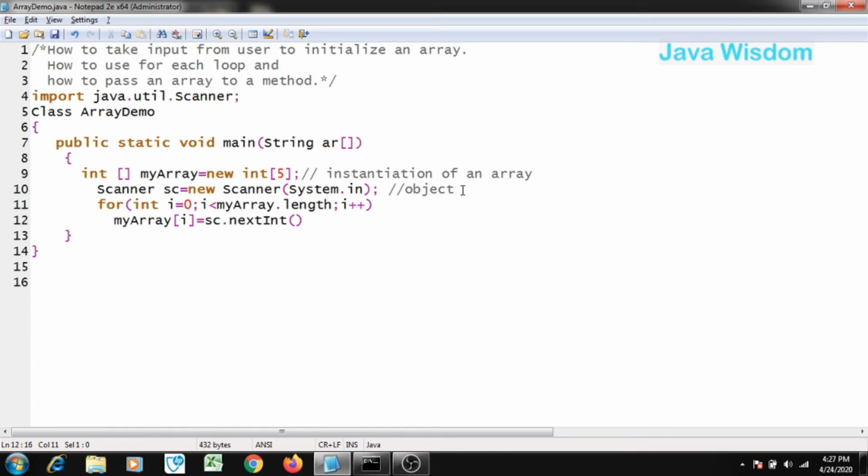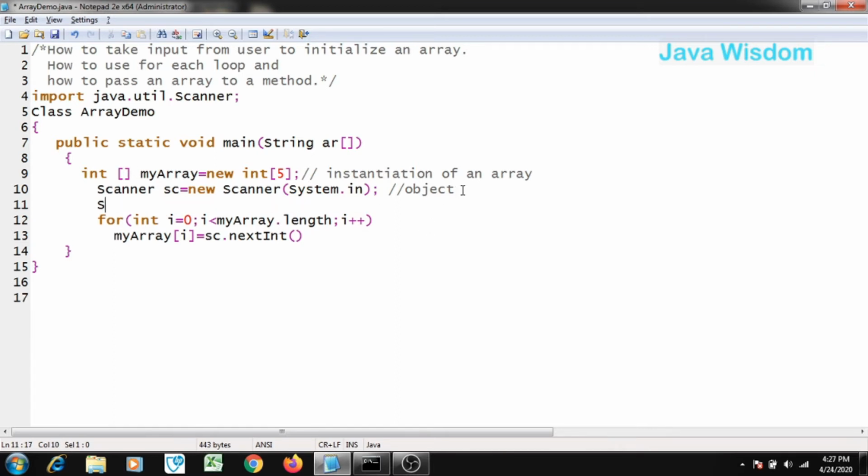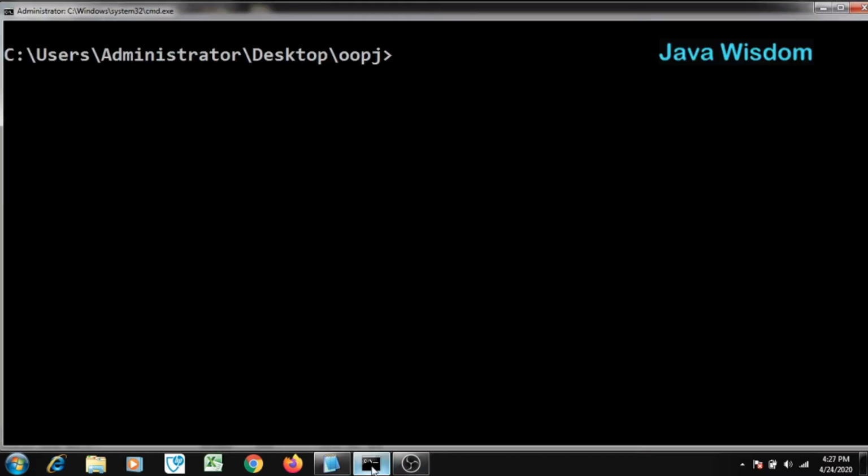If you want, you can write here: enter elements for an array. This message will be displayed on the output screen. Let's check whether it is working or not.